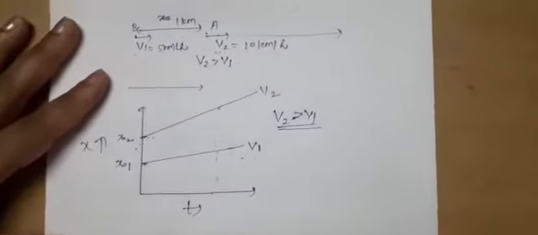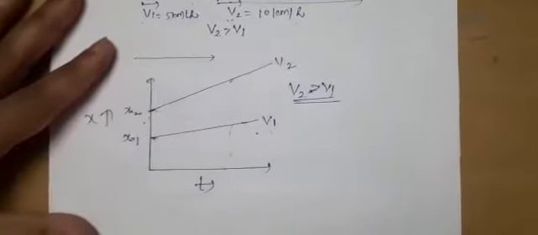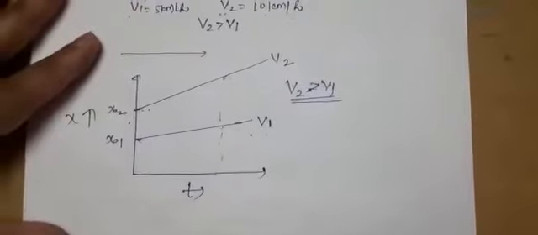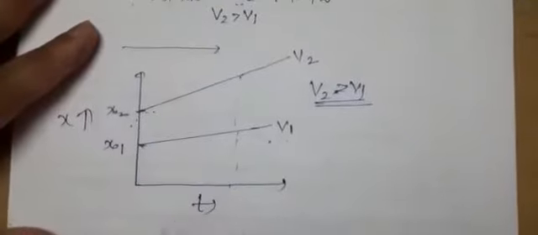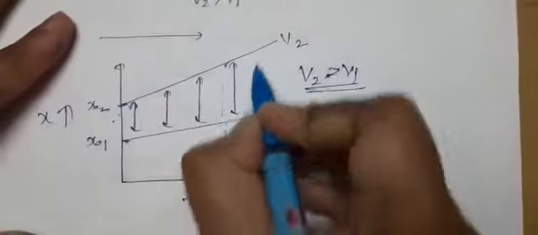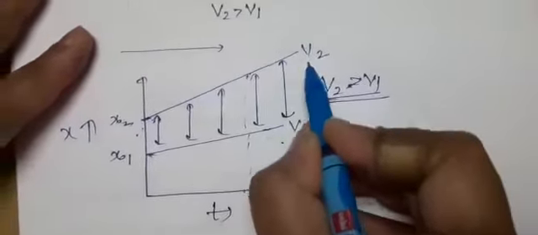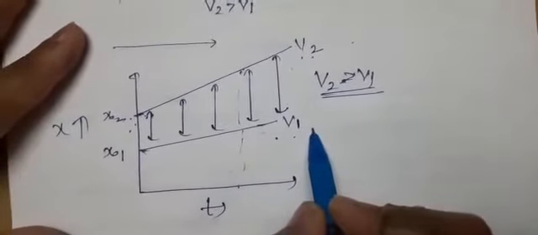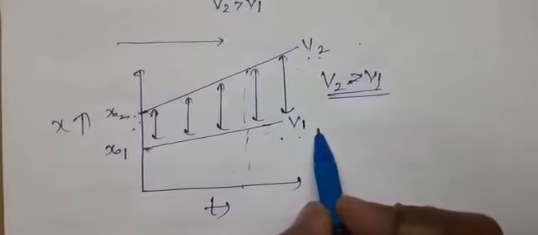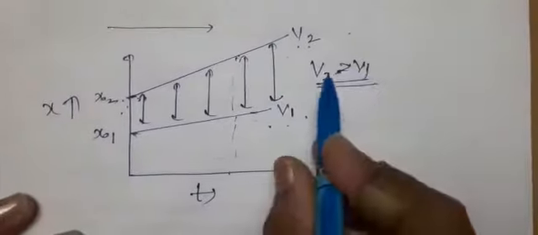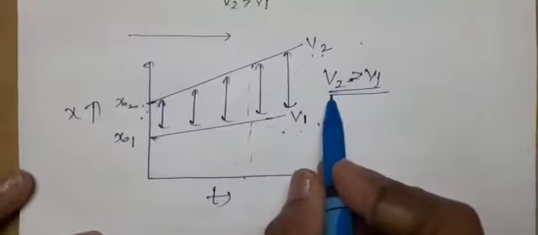Suppose a policeman and a thief are running and the thief is running faster and ahead of the policeman. So what will happen? The policeman will not be able to catch that thief. Why? Because the thief is running faster. So that's why I am giving the same example here. You can see the separation distance between the two bodies will go on increasing if the body ahead is moving faster than the body that is behind. So this is the graphical representation when the body having velocity v2 is greater than v1, that is, it is moving faster.